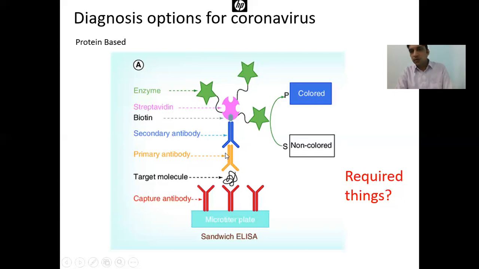After all this, we execute a chemical reaction which produces a color. This is a substrate of this enzyme. It produces a color, and that color can be detected using a photometer or a particular instrument. The color indicates the presence and activity of that enzyme, which indirectly means the presence of that specific protein, and the person will be considered as infected with the novel coronavirus. That's one way.